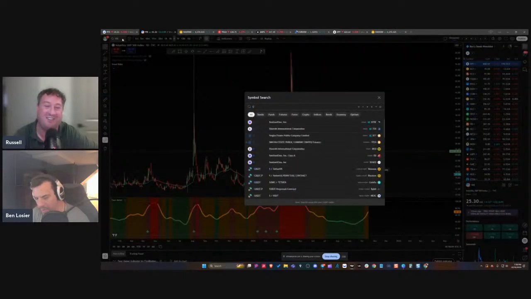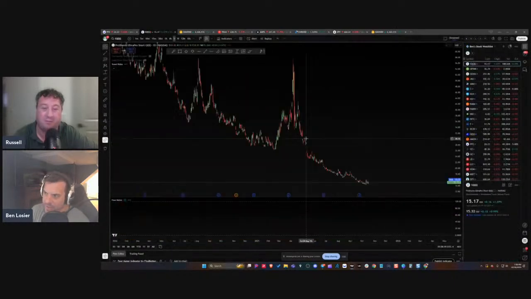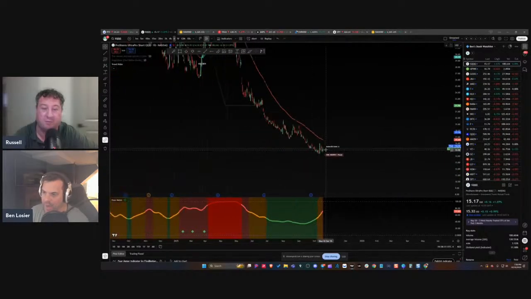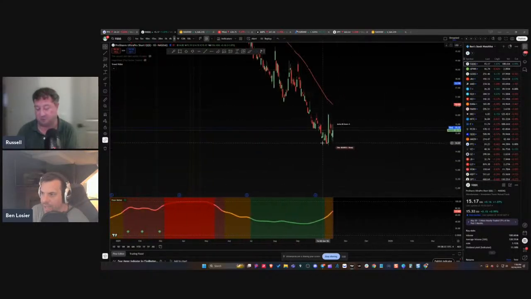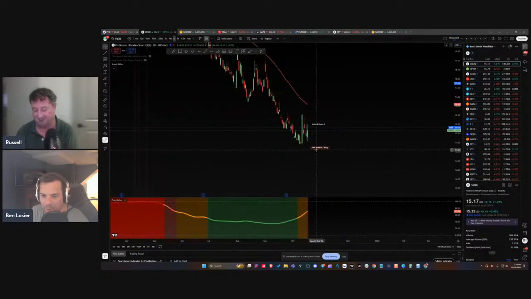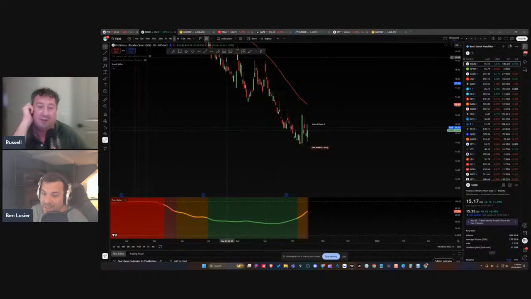Something I like to do if we do start to go down is I like SQQQ, which is just really cheap too, something to kind of hedge with. I actually grabbed a couple options just for hedging, and I actually got a little piece of this the other day when people started to panic. So I actually did trade a little bit, so kind of go both ways. But basically it's the inverse of QQQ. Yeah, for sure.